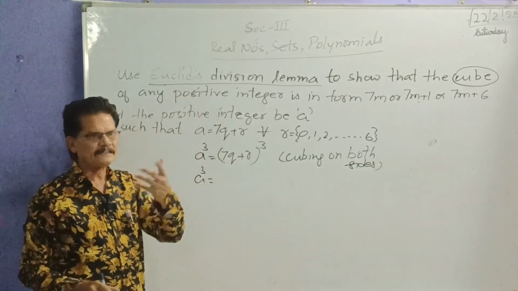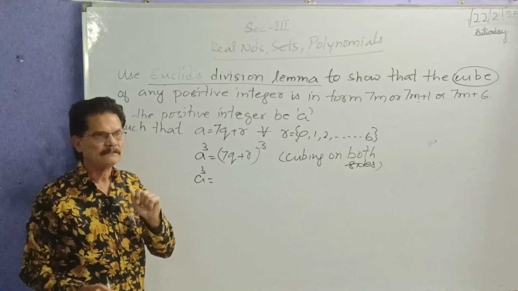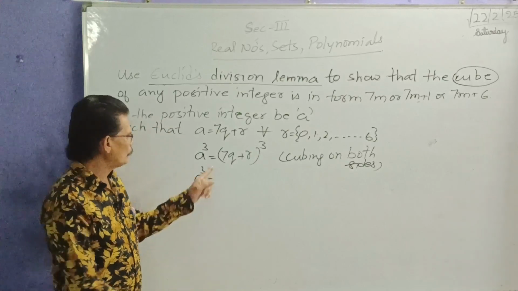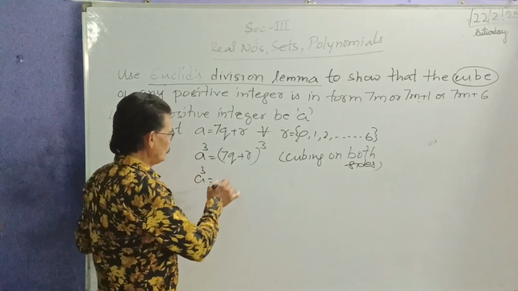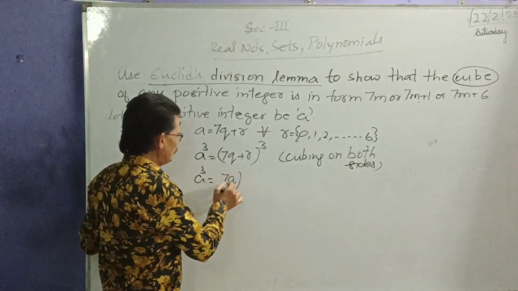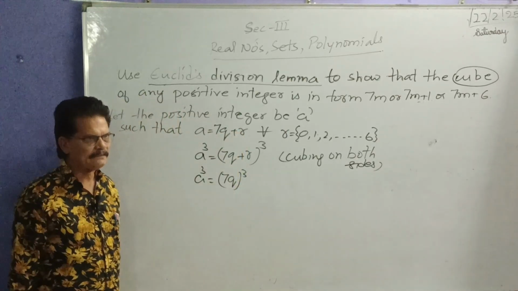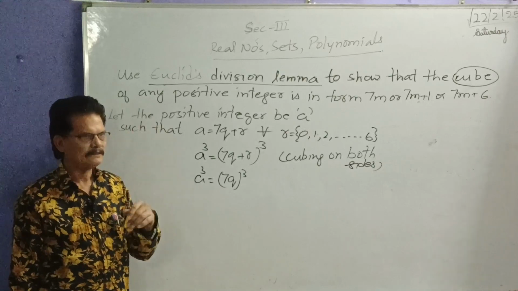In the expansion, how many terms should we get? 4 terms. And what is the first term? A cube. So A is 7 cube. So A cube. Done. The key is understanding the formula. A cube. Next,